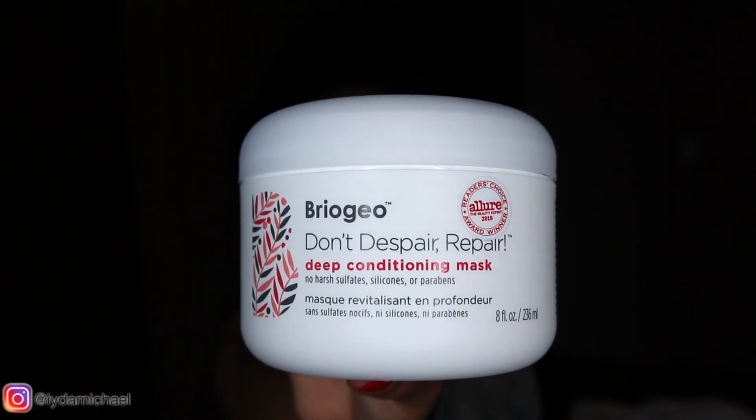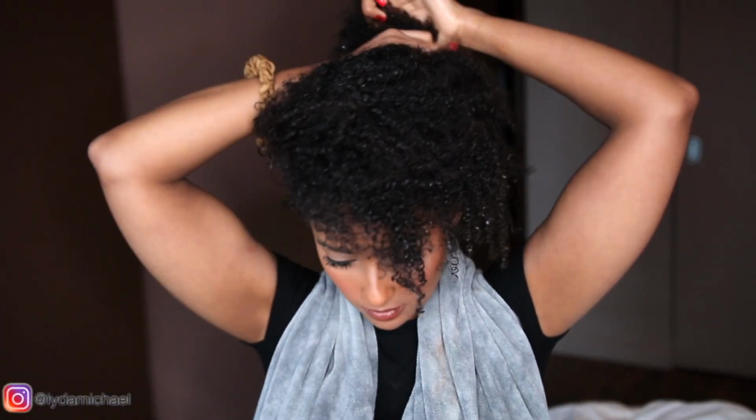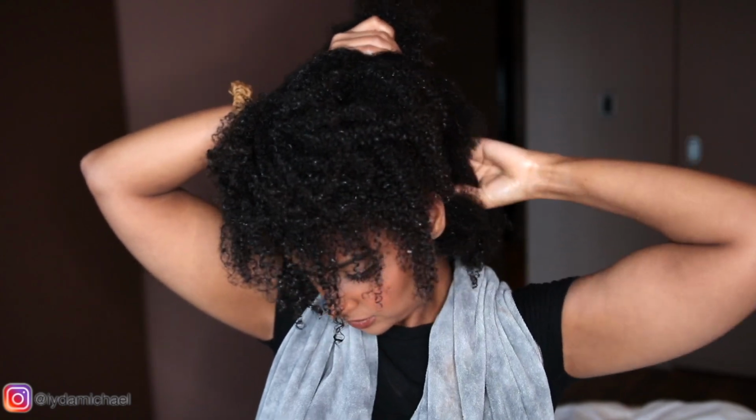So once I go ahead and rinse off the shampoo, I don't put on any rinse out conditioner. I go straight ahead with the deep conditioning mask, and this is Briogeo Don't Despair Repair. And it's perfect because it's deep conditioning. It has the moisture, but it has a slight bit of protein in there where it kind of gives you that little bit of strength, but you don't really feel it too much. But it's perfect because especially when you're doing more protective styles in the winter, which I do, you're stretching out your hair more often, you're gonna need a little bit more strength in your hair